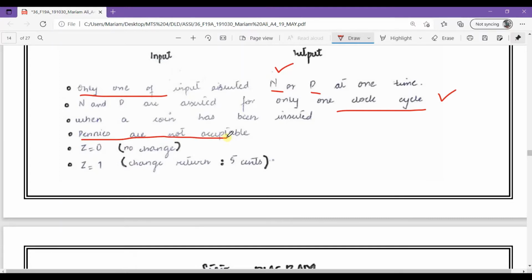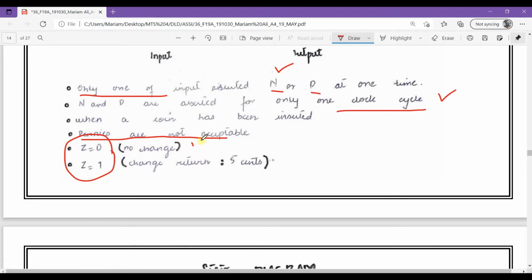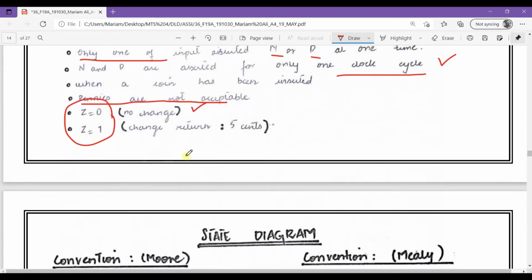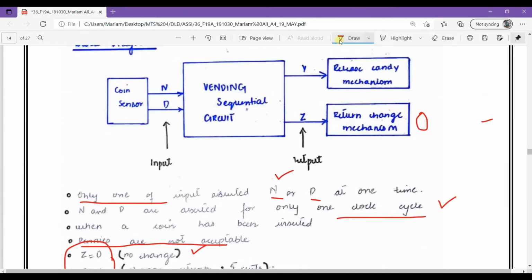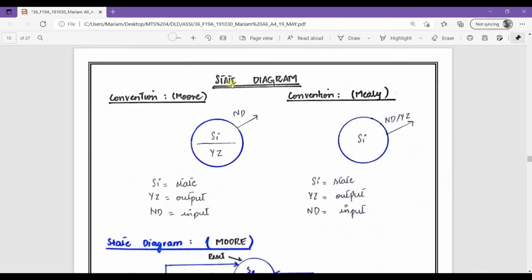Pennies are not acceptable. The change output equal to 0 means no return. If we get 1, it means we get change, because we inserted more than the machine demands.